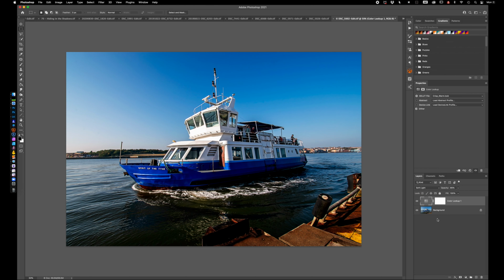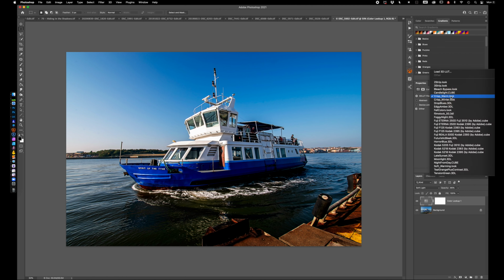But the advantage here is, let's assume you've got lots of layers here, which have got all the various composite parts of a picture. Perhaps you've done a sky replacement and you want to get a knitting together of them, so the sky falls into the same sort of colour gamut and ranges and feel and look and luminance as the ferry does. Then applying something common on top will help. So there's not much value in me actually going through all of these. Safe to say that